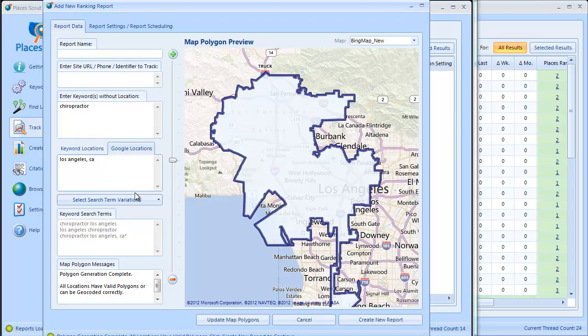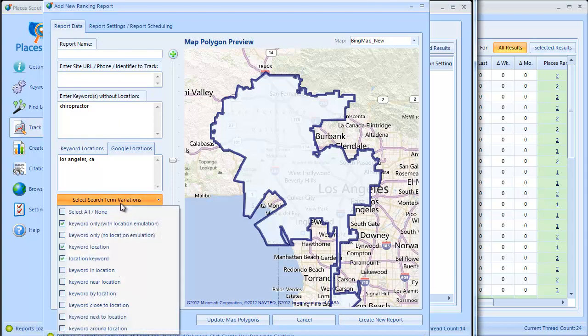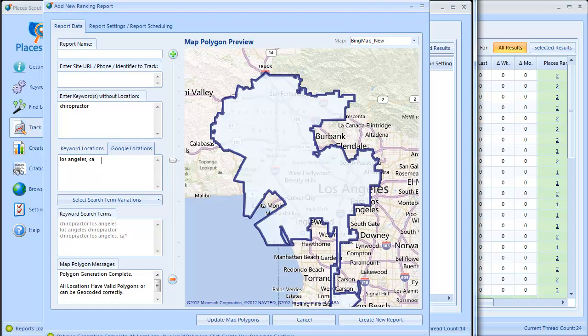And what that meant is that if you used any of these other search term variation types, such as keyword location, location keyword, there was no way to get Places Scout to change the Google location before it ran those search terms. So that was a big limitation in the current version, and it also presented some confusion because some people thought that the keyword locations were the ones that Places Scout changed the Google location setting to, and I just felt that this, while it worked well, it wasn't the best implementation for how I could allow people to